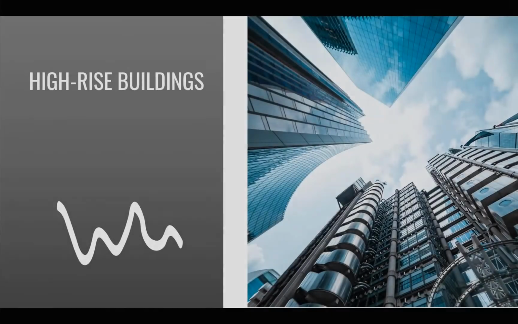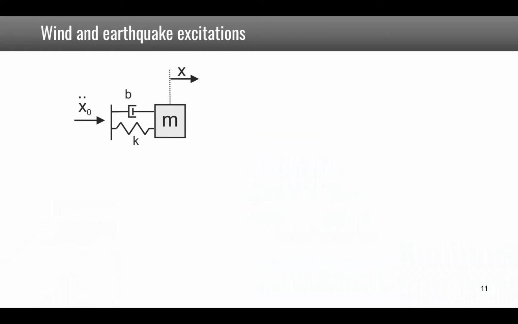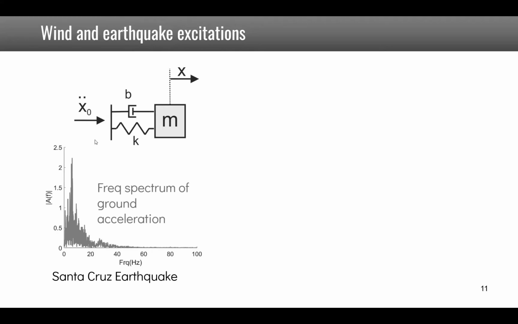Let's now discuss another case, which is high-rise buildings. The main causes of vibration of high-rise buildings are wind and earthquake. So in this first schematic we see the building is replaced by a mass spring system, which is excited by the ground with an acceleration. This is an example of the frequency spectrum of ground acceleration for an earthquake in the United States, the Santa Cruz earthquake, and you see that the main frequencies are below 20 Hz with a peak around 5 Hz,